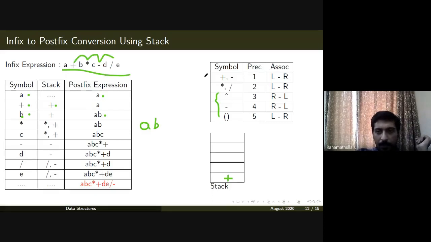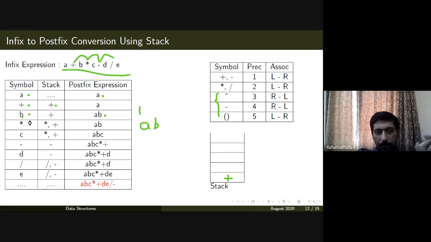And we have a table which specifies the precedence of these operators as well. So right now what I've told is you read one character at a time and check whether it is an operator or not. If it is not an operator, you send it to postfix. Yeah, A is sent to postfix. If it is an operator, you send it to stack. If it is another operand, you send it to postfix again.